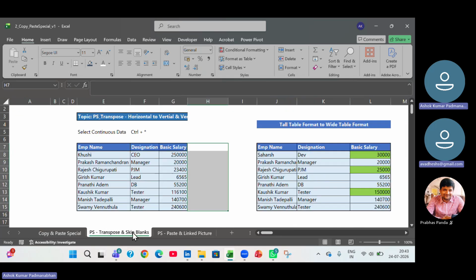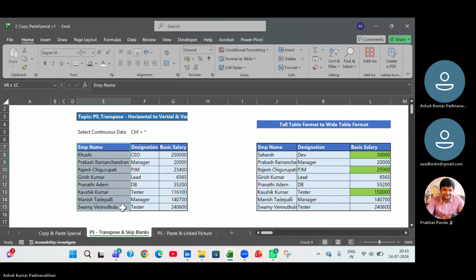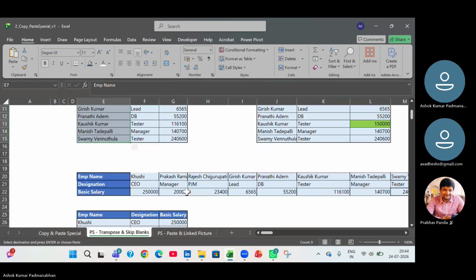Now go to the next tab. You can see I have this data here. Right now the data is row-wise. I want to convert this to columns. Simply I can press Control C, come down,